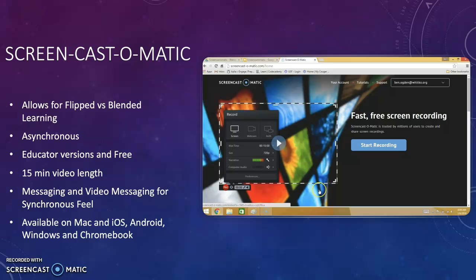Screencast-O-Matic is actually the one that I'm using now. And really what this allows is that flipped versus blended learning that I mentioned before. So with flipped learning, well, let's go over blended learning first. Blended learning is going to allow us to have students utilize this part-time between in-class versus out-of-class, but flipped learning is essentially, as per authors